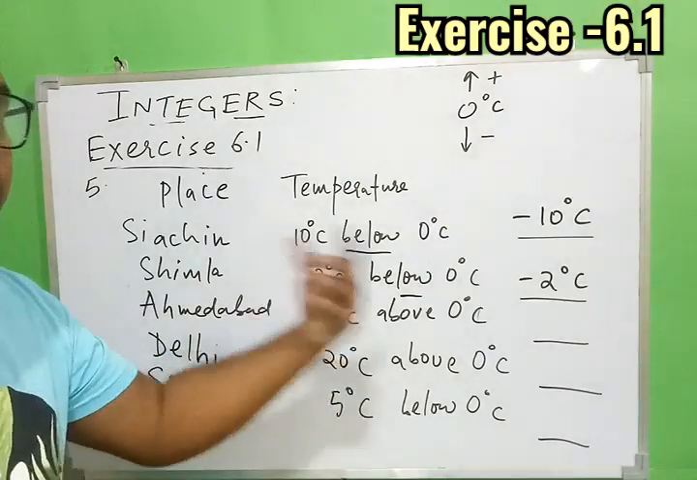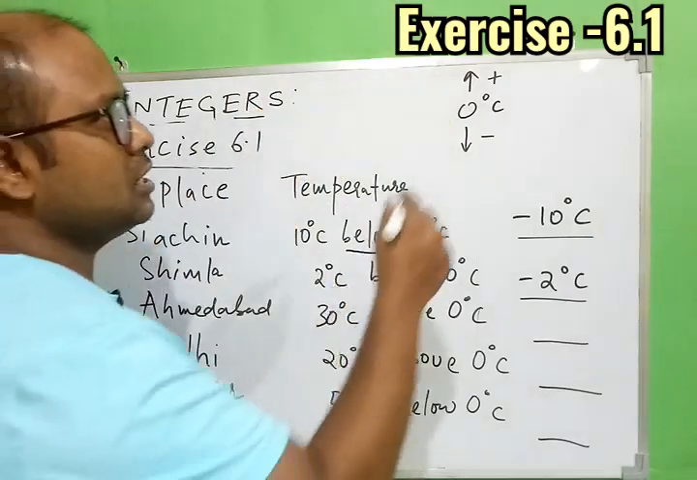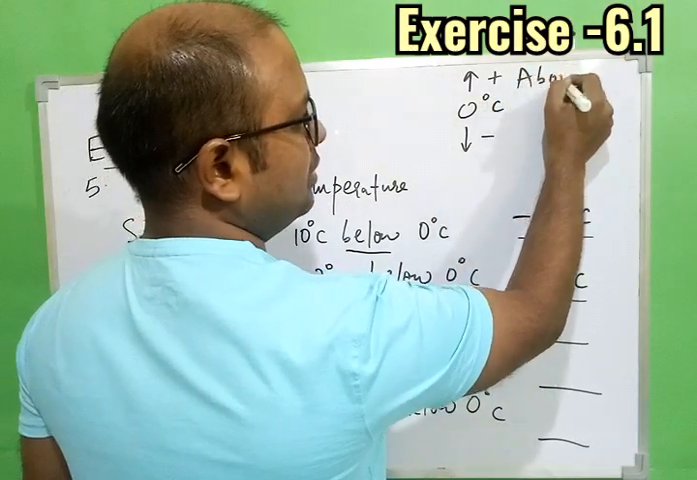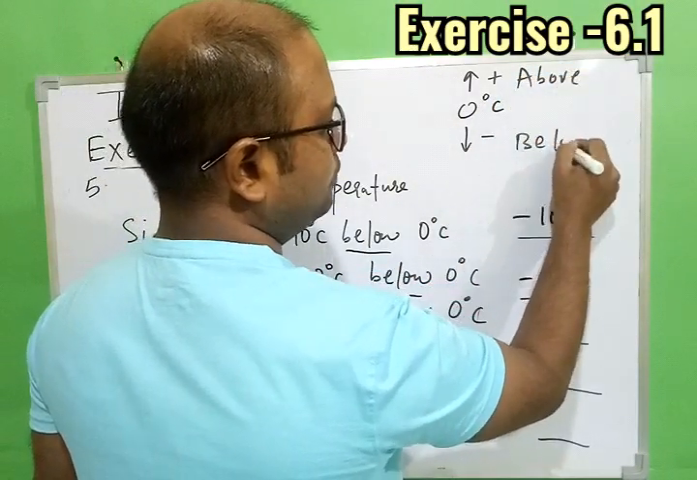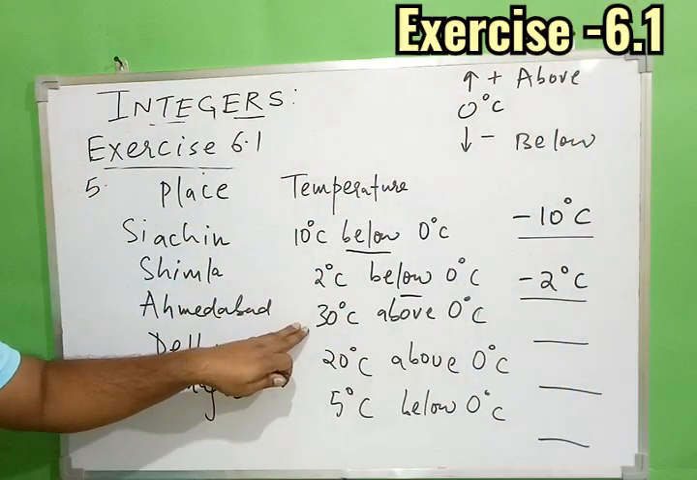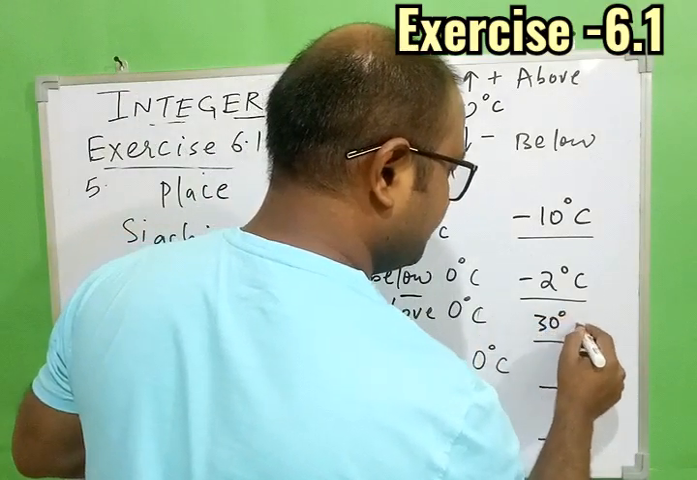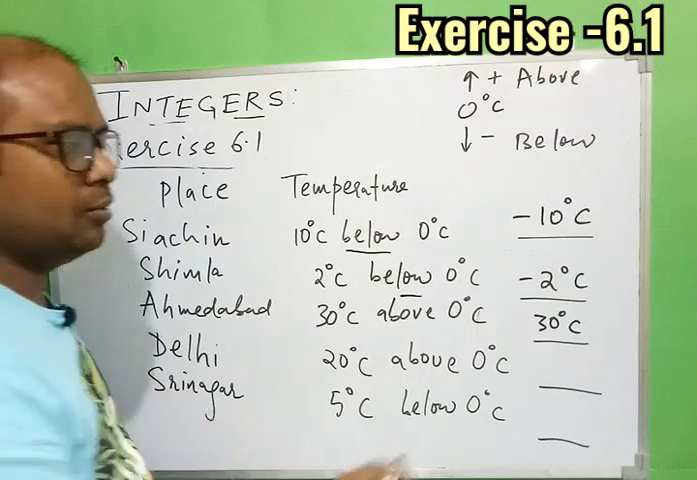Now 30 degrees Celsius above 0 degrees. So above, you know, that should be positive, so it will go up. So always remember, we are talking about above, we are talking about below. So above will be positive, below will be negative. So we have 30 degrees above, so it must be just 30 degrees Celsius, or we can write down plus,